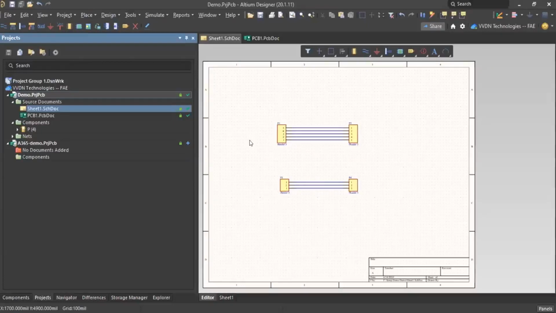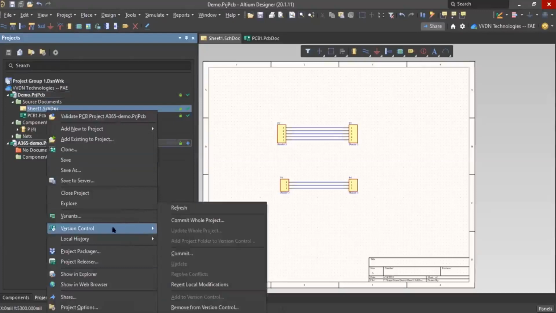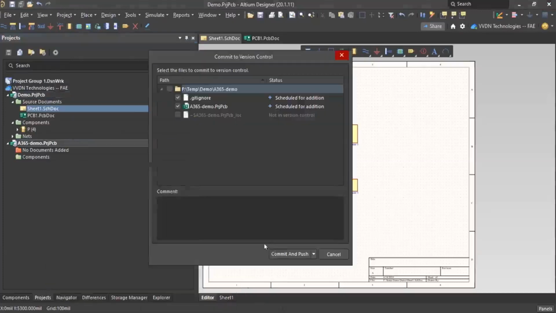Okay, it depends on the file size and how you want to implement the version control feature. Okay, so each one has some different advantages. See, this Altium 365 demo project is under for add. So you can just commit the whole project. Okay.